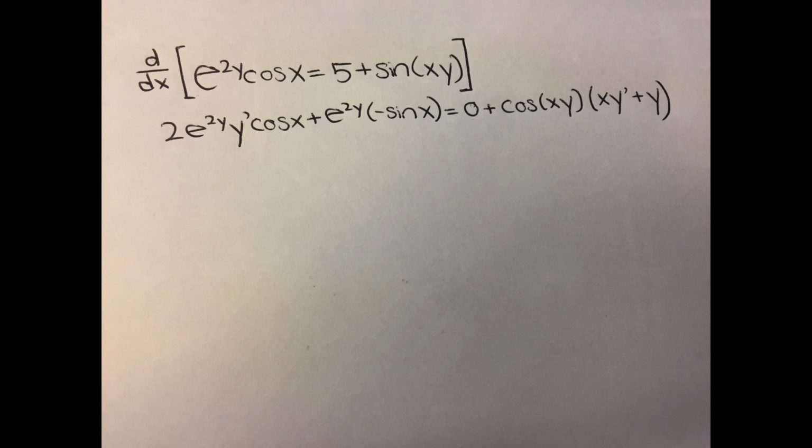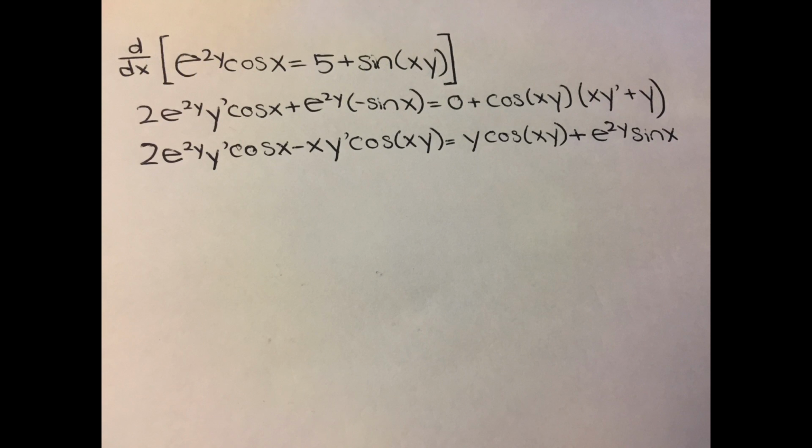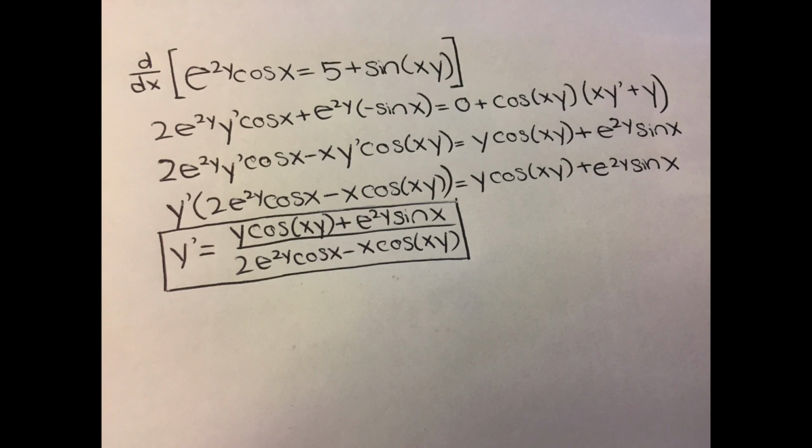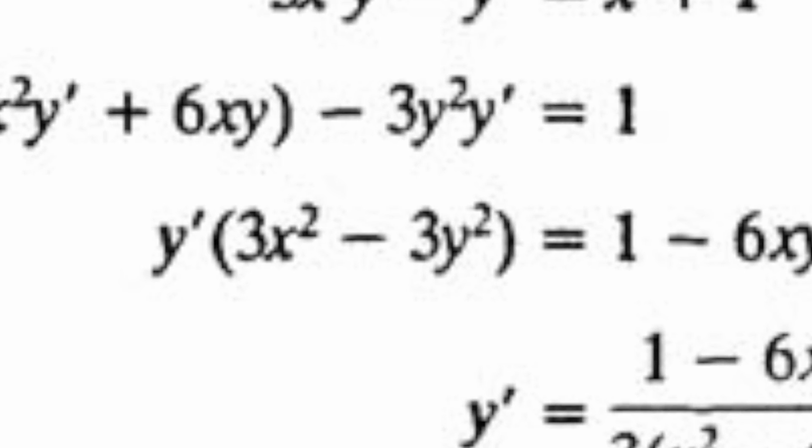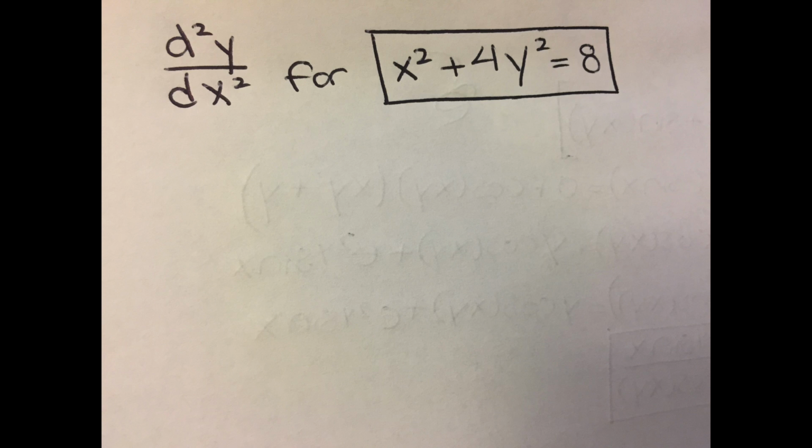Afterwards, you can group all the terms with y prime, factor out y prime, and divide each side by the remaining terms after factoring out y prime. The final answer turns out to be y times cosine xy plus e to the power of 2y times sine x divided by 2 times e to the power of 2y times cosine x minus x times cosine of xy. Now this is the kind of problem that requires an understanding of many aspects of derivatives. Thus, implicit differentiation is a concept that builds upon the knowledge of the basics of derivatives and requires very careful work. Now that you know how to find the first derivative using implicit differentiation, we can move on to finding